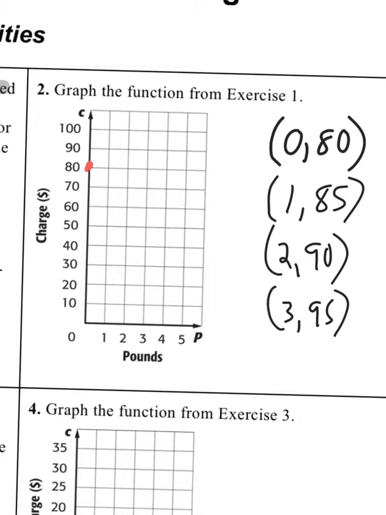Okay, 1, 85. You go over to 1, up to 85. It will be right there. 2, 90, right there. And 3, 95, right there. Notice you have a nice linear graph because it's forming a straight line. All right, so that's 1 and 2. Now, let us go down